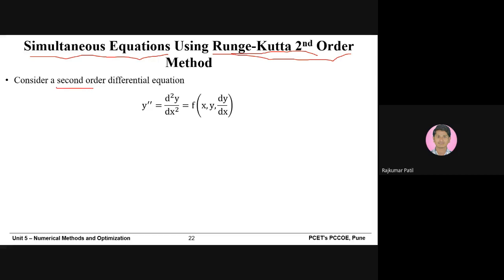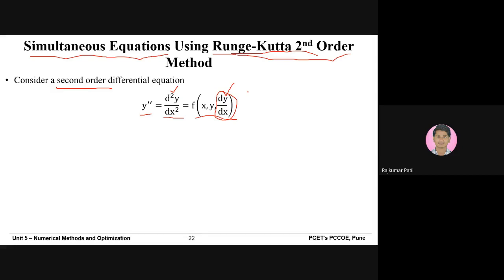So the second order differential equation, y double dash, which is d2y by dx square, is equal to f of x, y and dy by dx. In the previous numericals we saw that there was a first order differential equation only in terms of dy by dx. Now here second order is there, d2y by dx square, and one more term you can see along with x and y. So when we look at this equation, we can easily see that we cannot solve this problem